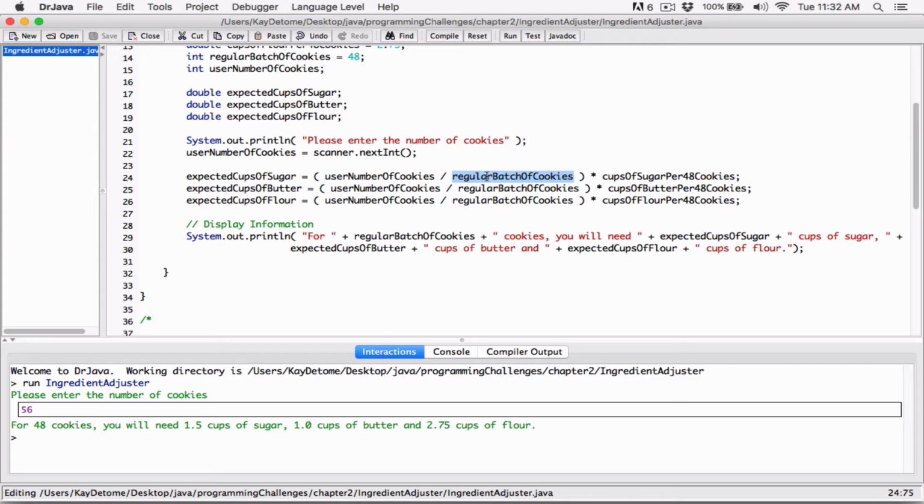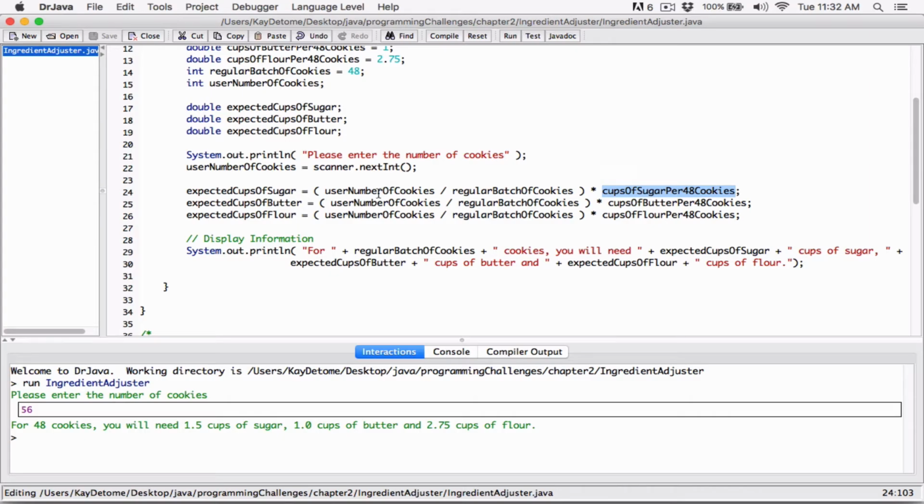When you put in 56 divided by 48 in a calculator, you get 1.16. Let's say basically 1.2. So we need the 1.2 multiplied by this to get the right result. But because both of these values are integers, Java is going to consider that as an integer division. Instead of giving us the 1.2, it's going to drop the 0.2 and give us just 1. So this results in 1, which is not what we want, because 1 times